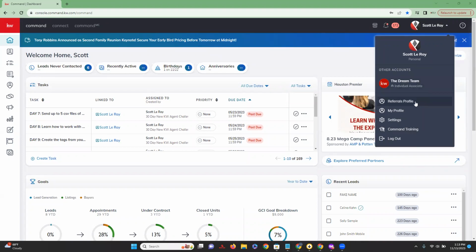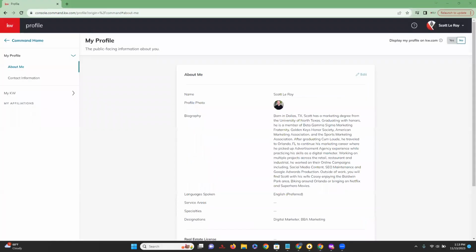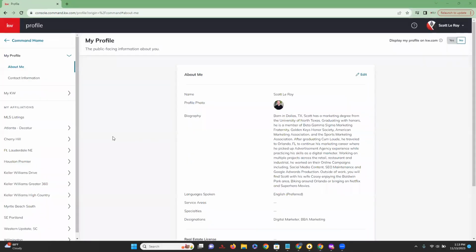So moving down, we have our referrals profile, my profile, settings, command training, and our logout button. So we're going to come back up to my profile and we'll click on this. So once we are in my profile, you're going to be brought to this screen, and this is going to show you all of the public facing information that is